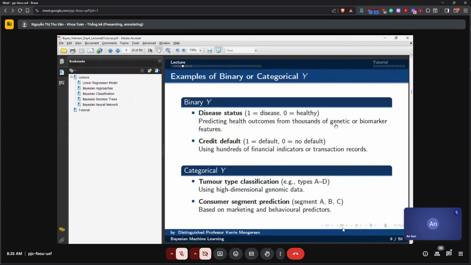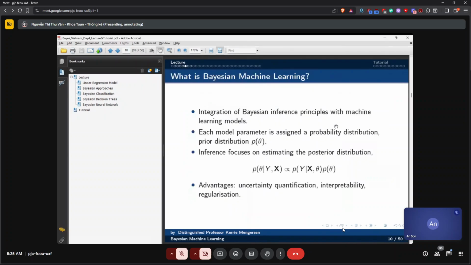On slide 10, a description of what Bayesian machine learning is. We want to combine the Bayesian inference principles that we've seen, the Bayesian methods, with machine learning models. Each model parameter will be assigned a probability distribution, just as we've had before, and we'll have a prior distribution on that parameter.